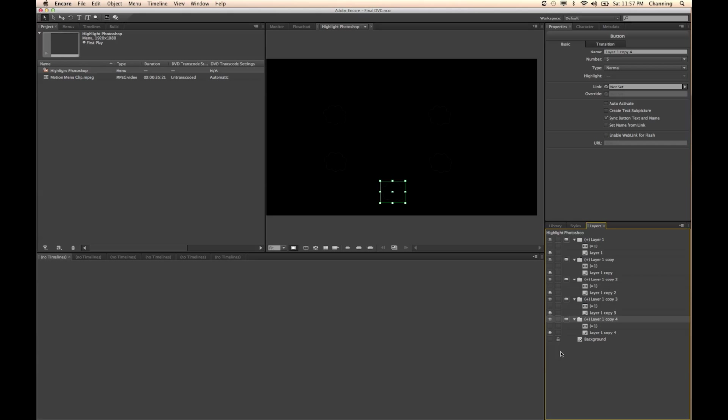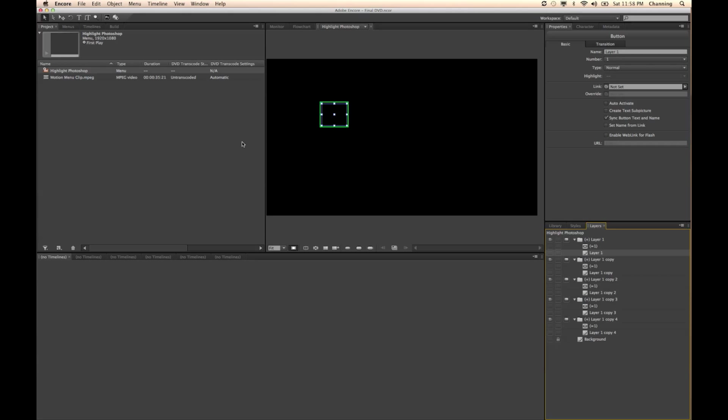Now I want to turn these off. I want to turn off the eyeball because you don't want these showing these black clips the whole time. You only want them to show up when they're highlighted. So I'm going to turn each one of these eyeballs off except for the highlights. These have this kind of little grayed out eye that you can't really turn on and off because those are highlights. But you turned off the black reference so it doesn't show this just black cloud over it the entire time. So once again, in that order, I clicked on the highlight button and then I turned off the eyeballs to